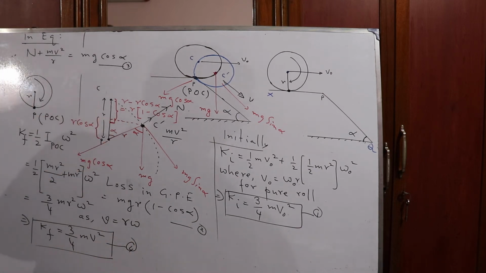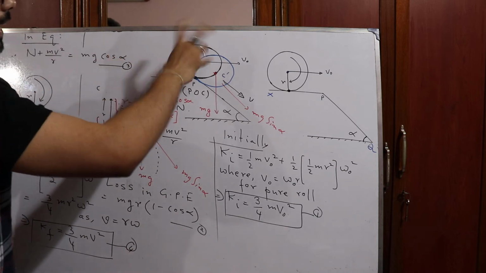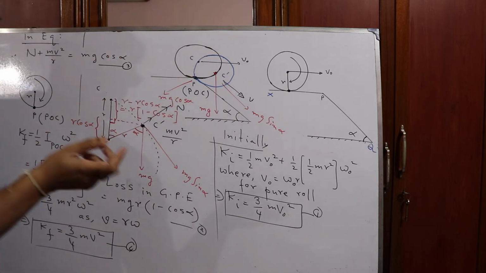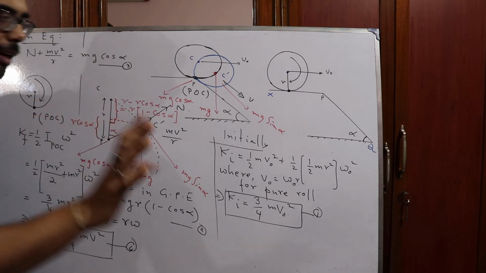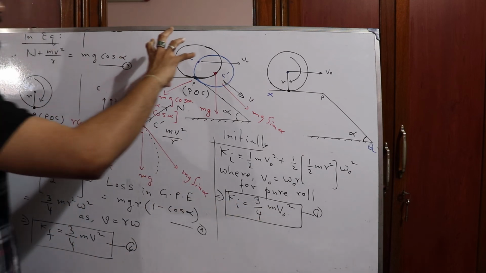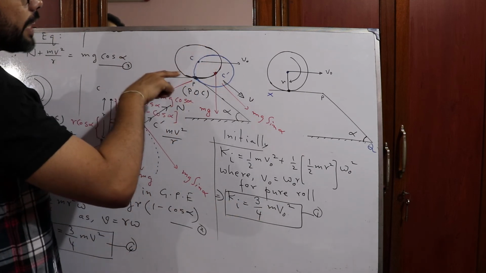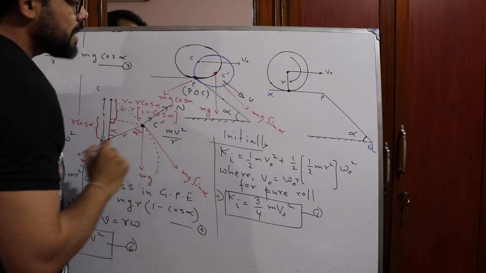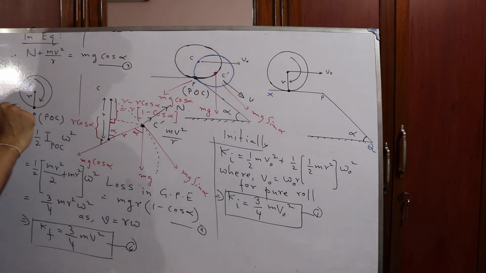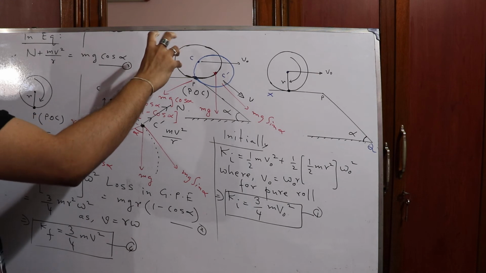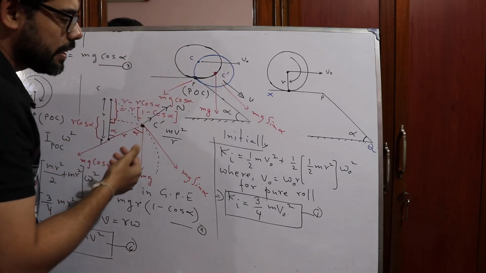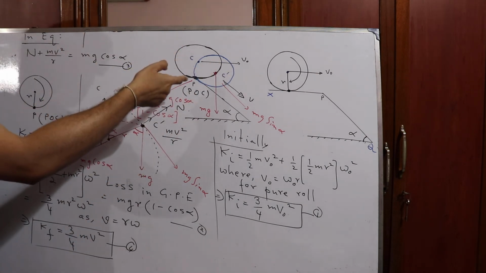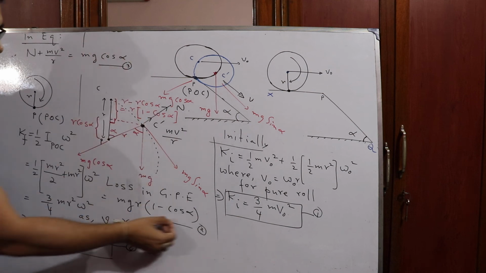What is happening here? When the cylinder, sorry, sometimes by mistake I am saying sphere, please excuse me. Now when the cylinder makes a transition from the horizontal surface to the inclined surface, then what is basically happening? The kinetic energy is gained by the cylinder, and that gain in kinetic energy is due to loss in gravitational